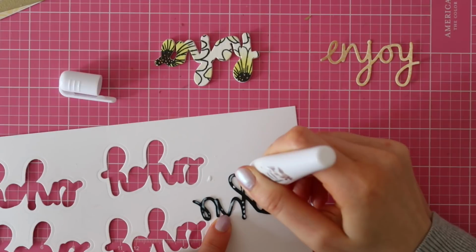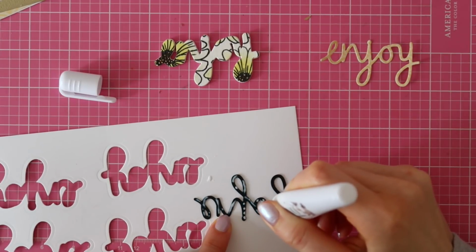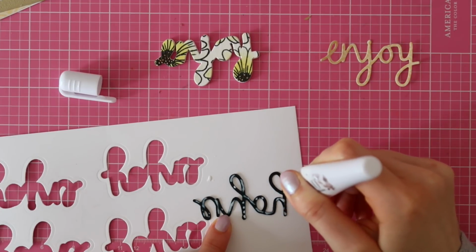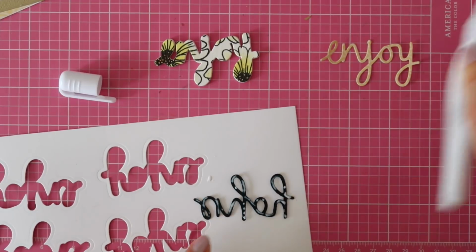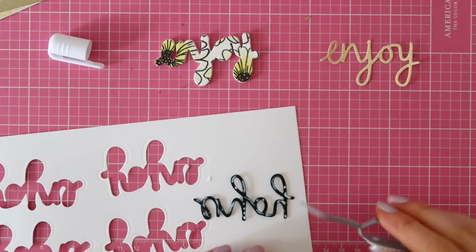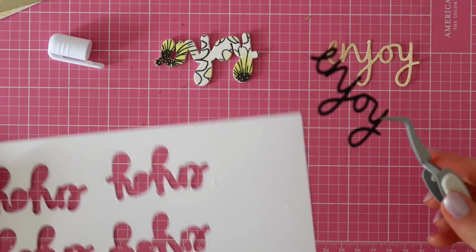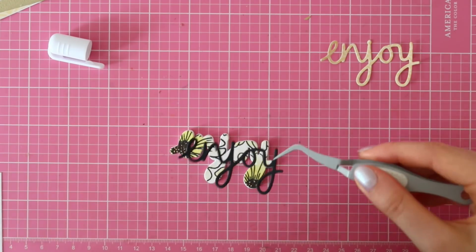Next, I die cut the more detailed Enjoy greeting out of some black cardstock, and I'm going to adhere that on top of the other piece using my Tonic Nuvo Smooth Precision adhesive pen. I went ahead and used my tweezers to hold my die and to dab that on some scrap paper to